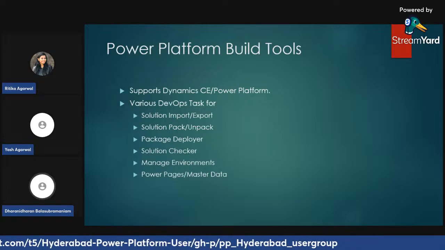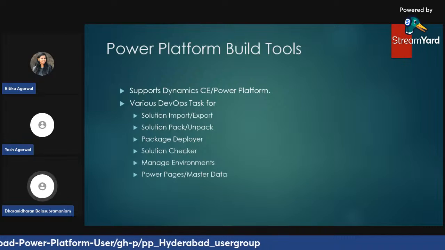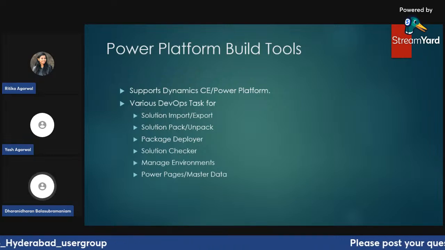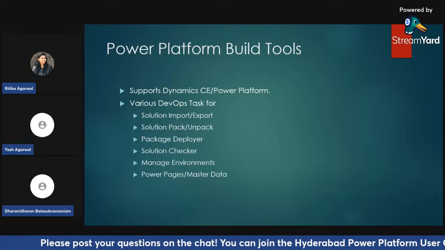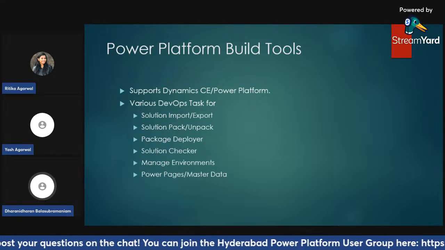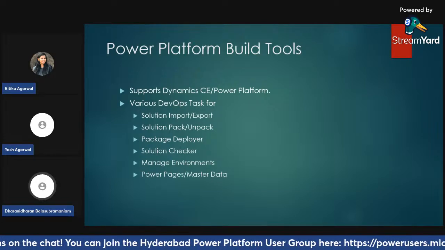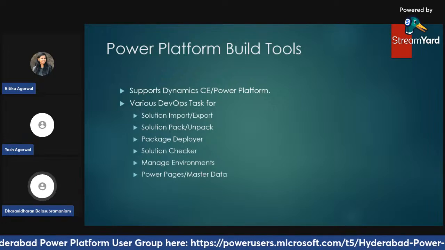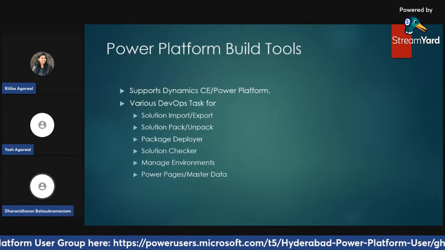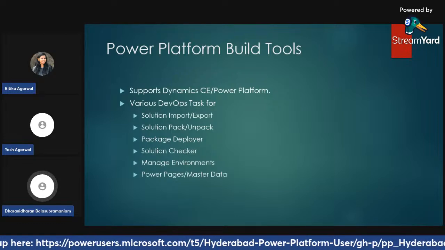At a later point in time, if something went wrong, you can easily go back and look into it, and using the version history, you can easily identify which commit has created this problem, and easily be able to roll back. Okay. And we do have the package deployer. This tool helps us deploy complex solutions that may involve multiple components, configuration, and dependencies. It is also very essential and useful for managing larger deployments.